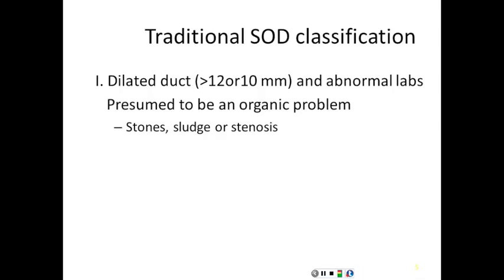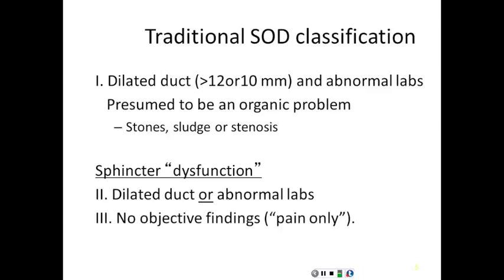Most of you will know that there's a traditional classification of sphincter dysfunction, 1, 2, and 3. Type 1 is basically people with an organic problem with dilated bile duct and abnormal liver tests, probably little stones or stenosis or something, and are very easily dealt with by endoscopic sphincterotomy. But types 2 and 3 are the dysfunction areas, and they're distinguished by the fact that type 2s are patients who have some evidence of pathology, a dilated duct or abnormal liver tests at some stage or other. And then there's the dreaded type 3, which are basically patients with severe biliary type pain, but no